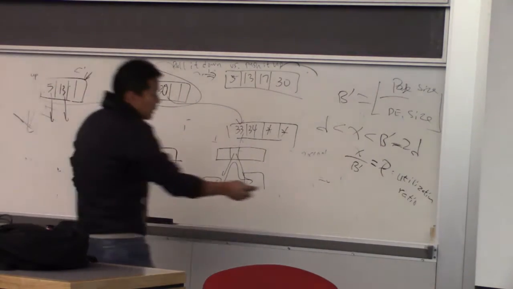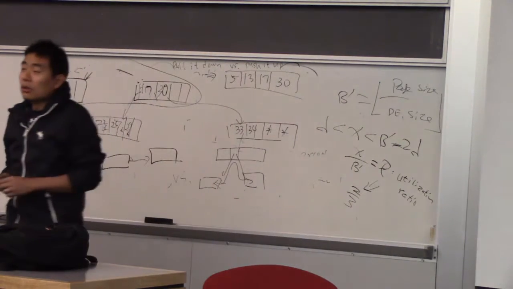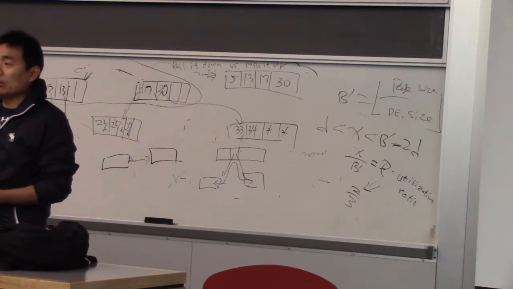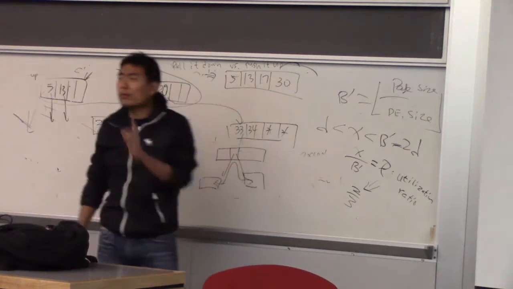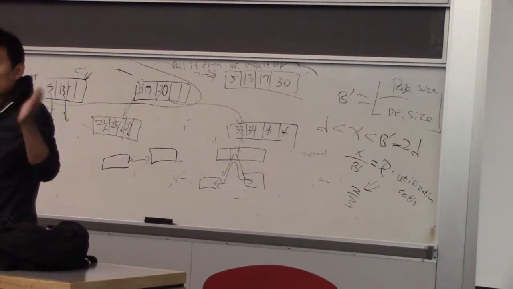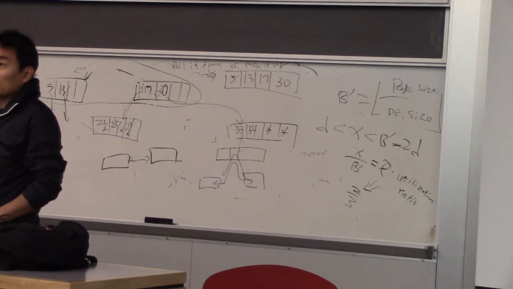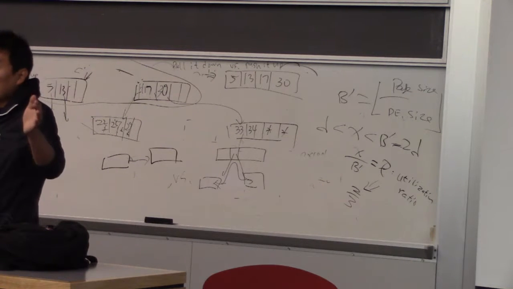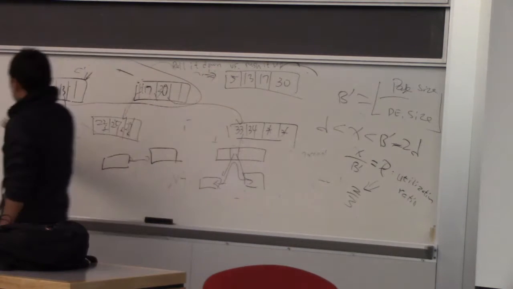A typical value for this is 2/3. You may wonder why 2/3? Why not 3/4? Why not half? And so on and so forth. The reason is there is a study, and they prove that given a B+ tree, any B+ tree, initial state of a B+ tree, right? And if you do random insertion deletion for arbitrary distribution of keys, if you do this long enough, this utilization ratio converges to